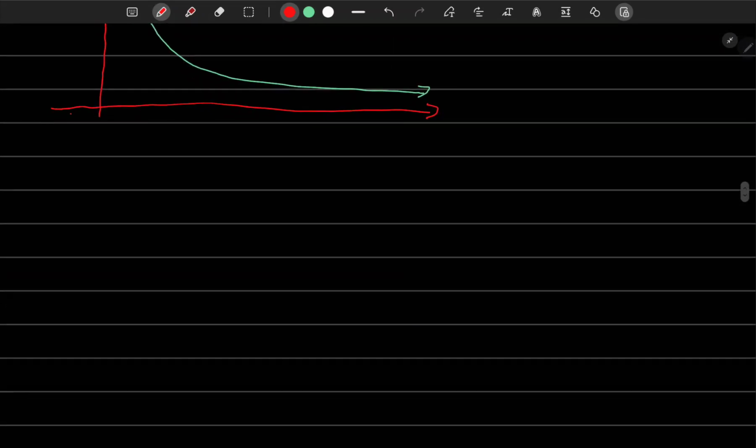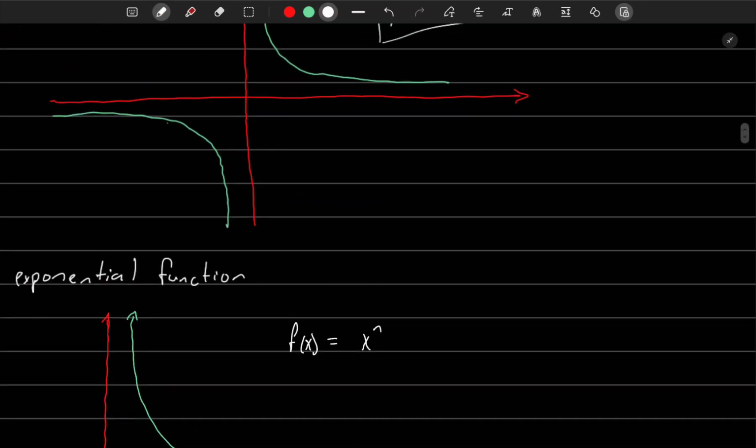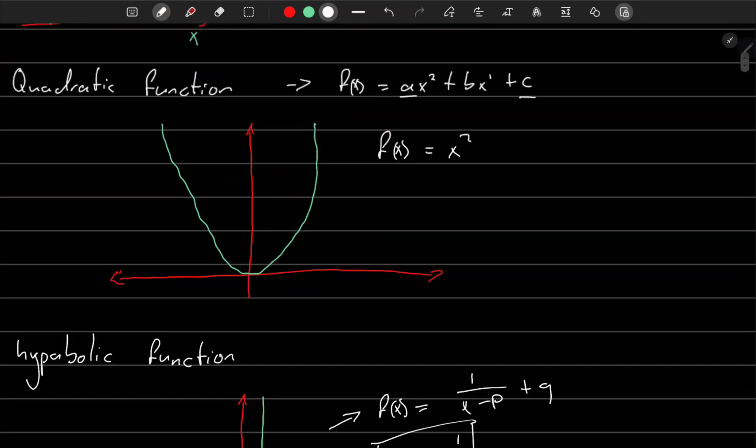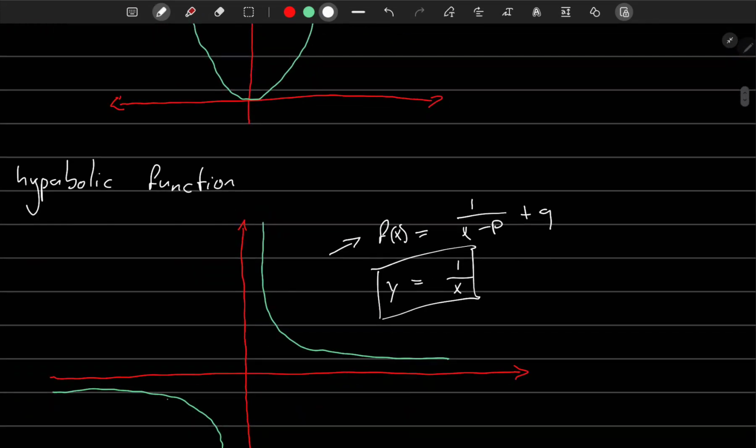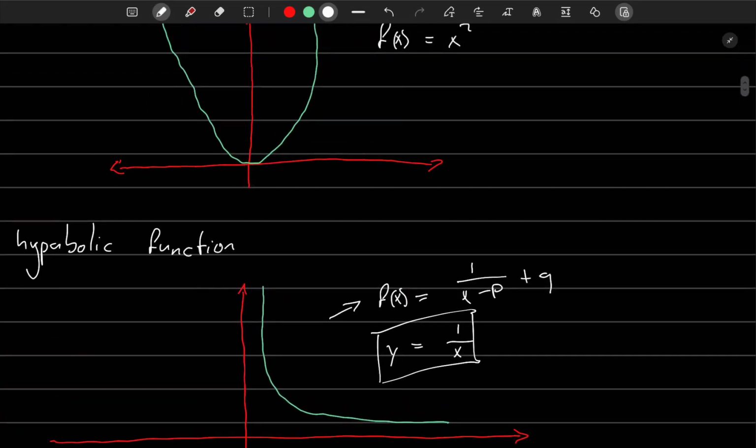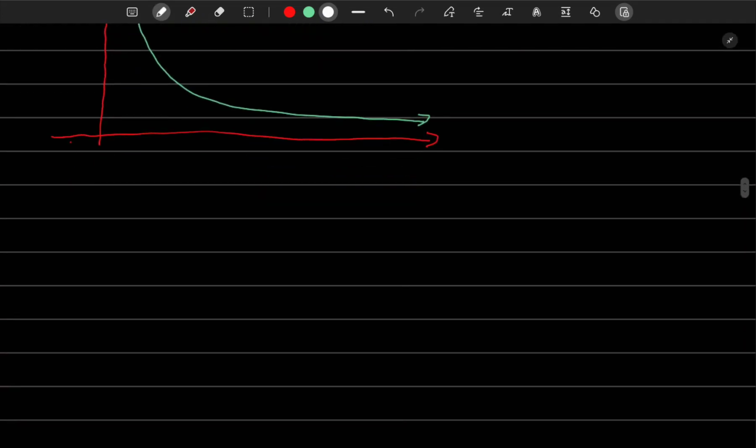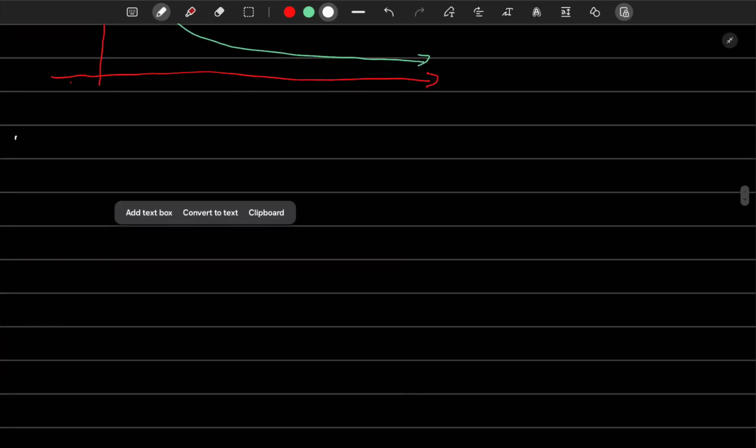So this is the exponential function, and the other type of function that we're going to talk about is a polynomial function. Now, these types of functions that I was drawing are sort of the entry level functions, right? Now, when it comes to other types of functions, a polynomial function is basically a function that is, so let me write here,